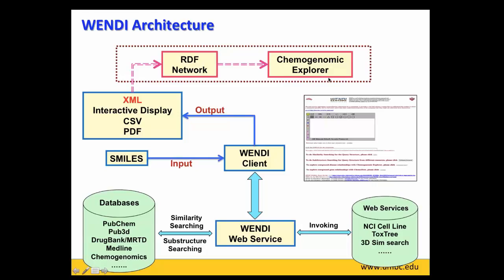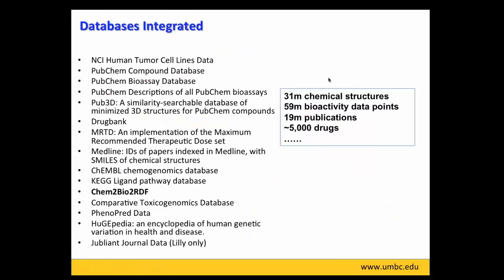We call it Chemogenomic Explorer. So this is all the data we have integrated for the WENDI. Like we have the NCI tumor cell line data, we have natural product scan data and DrugBank data, and some Mania literature data and some of the chemogenomics data. Another one I want to emphasize is what we call Chem2Bio2RDF. So this is